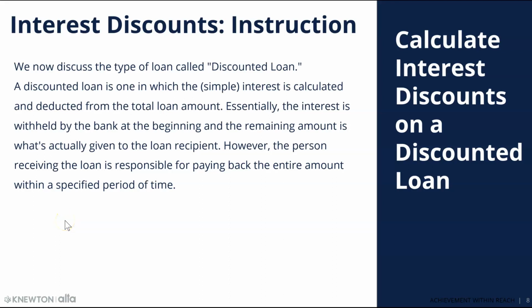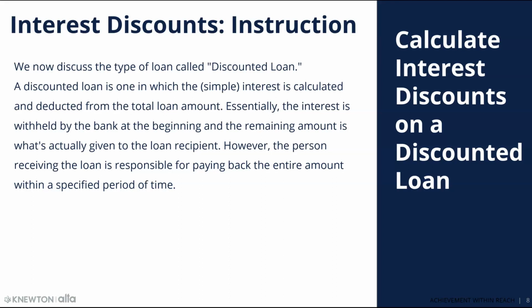We now discuss the type of loan called a discounted loan. A discounted loan is one in which the simple interest is calculated and deducted from the total amount of the loan. Essentially, the interest is withheld by the bank at the beginning, and the remaining amount is what's actually given to the loan recipient. However, the person receiving the loan is responsible for paying back the entire amount within a specific